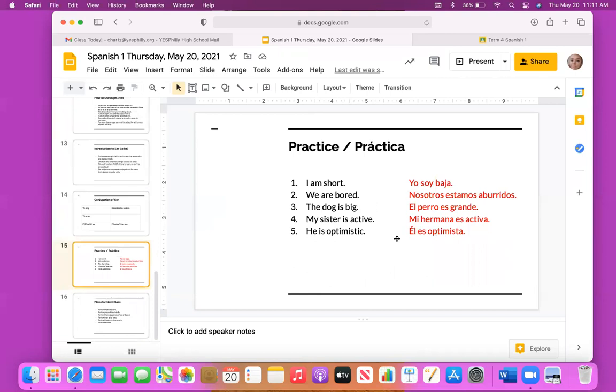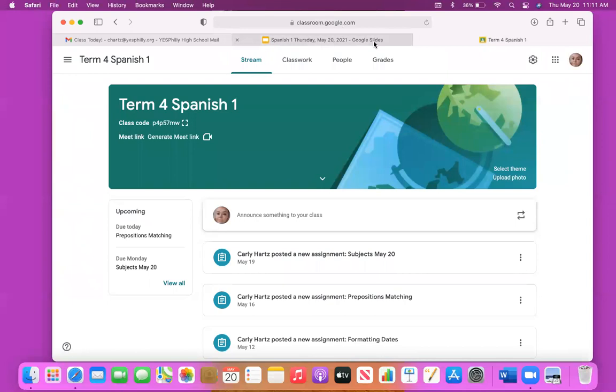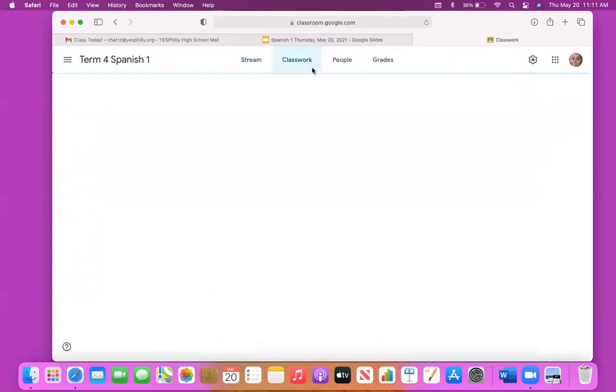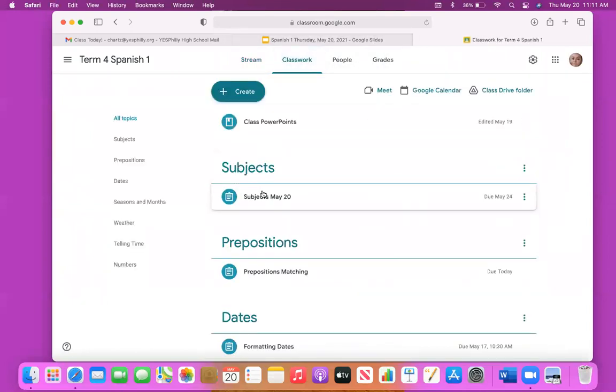So does anybody have any questions on these? Or is everybody kind of okay with them? Okay, so let me go over the homework for